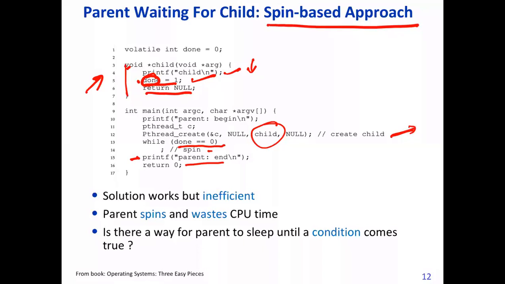So by a very simple mechanism of a global variable, the value is changed by child, and that informs parent. Now you come out of spin. Okay, now you can continue. So parent will continue to wait until child changes the value of this global variable to 1. So this is a very simple way to implement it, when parent must wait for child to complete.